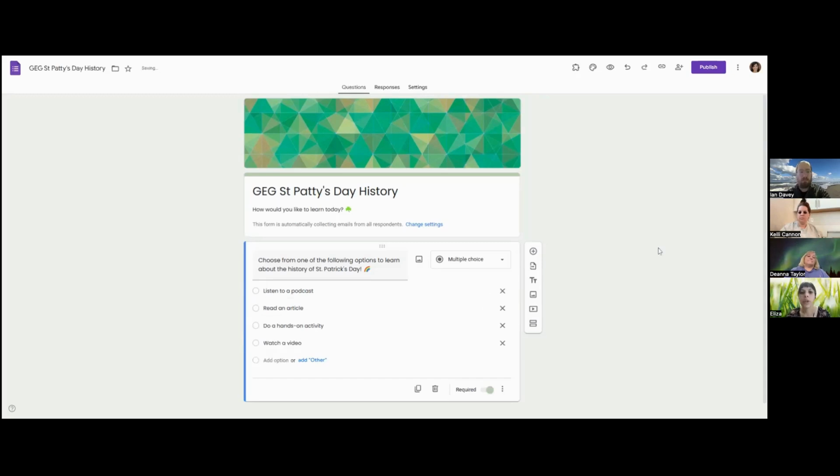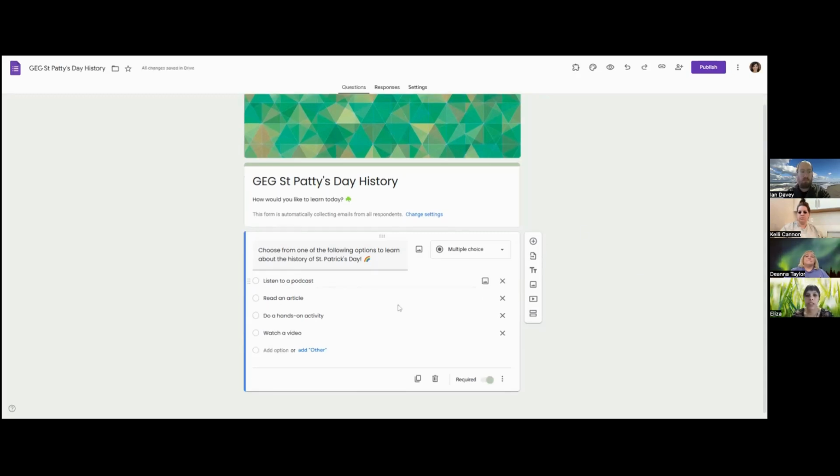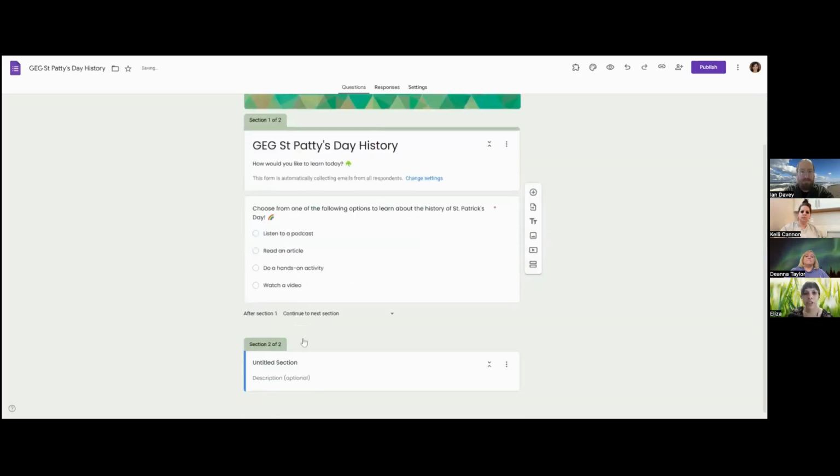Okay, so to incorporate student choice, now we're going to use the kebab menu and go to section based on answer. We don't have any sections right now, so we need to build our sections. So we're going to click this little add section button, and we want to add a section for each of these different options. So just to keep things organized, I like to title them as I go. And I'm just going to do one just to show you for sake of time.